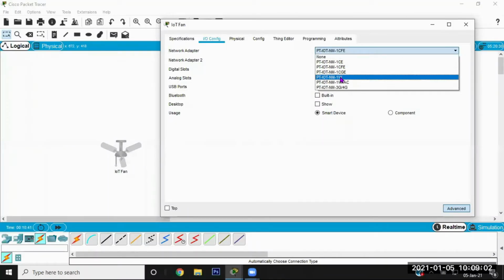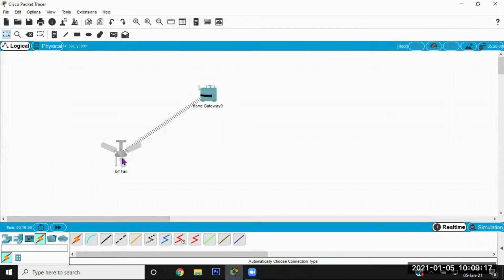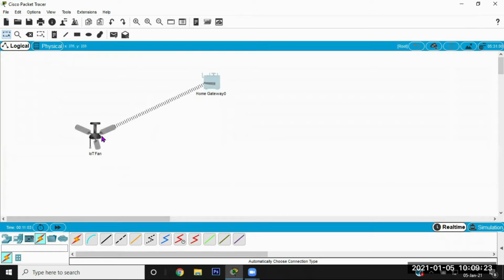In those cards you can see that PT-IOT-NM1W is the wireless card. So you just need to click on this one, and you can exit. Now you can see that this ceiling fan is connected wirelessly to this gateway.